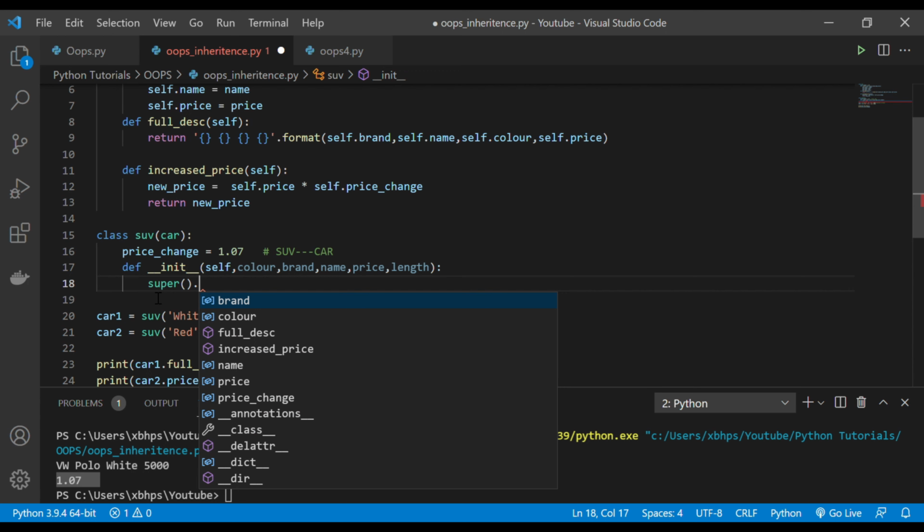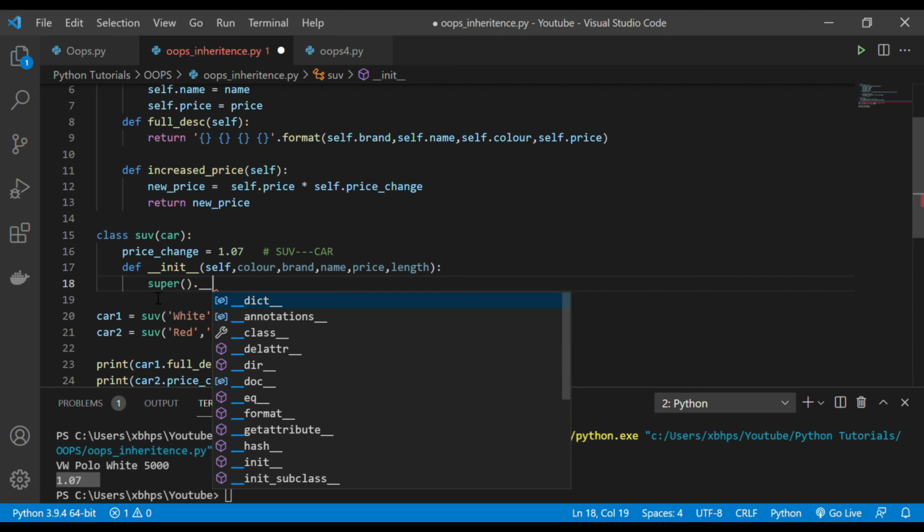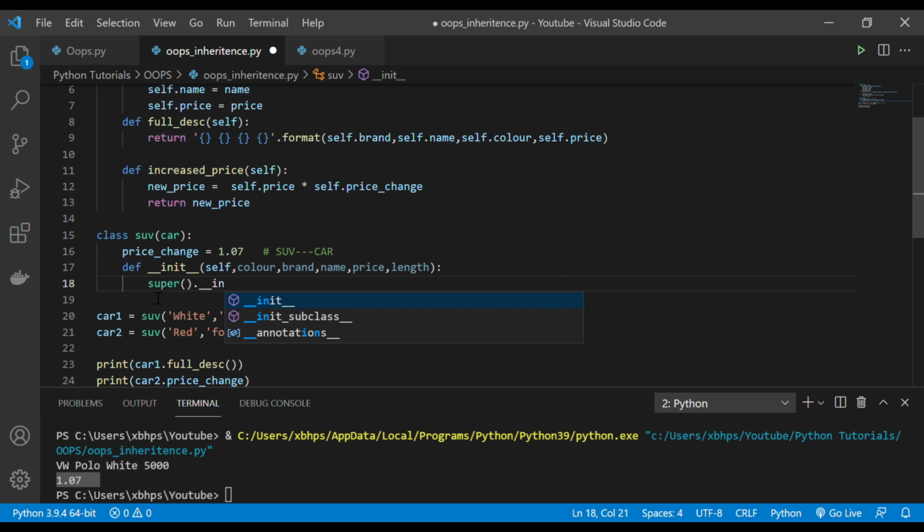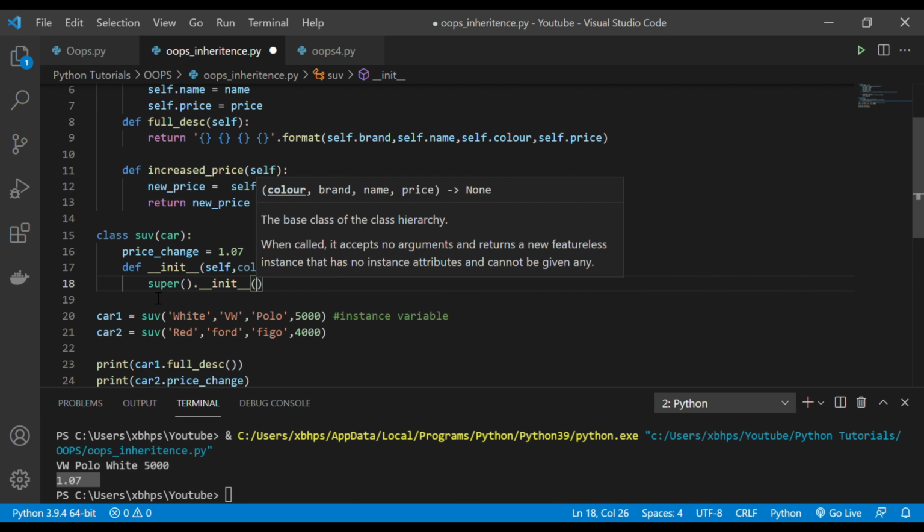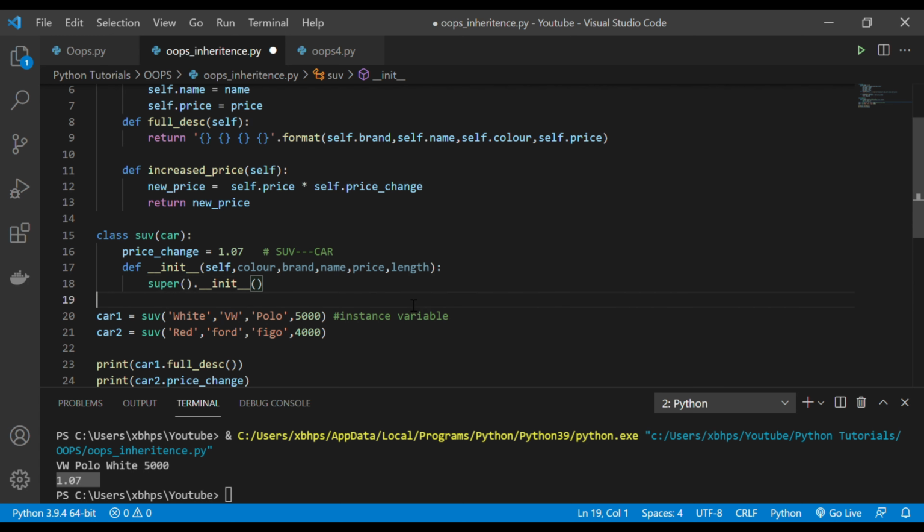Super dot init, and under the init, the parameters we want to take from the other class are all these, till this 4. I don't want to change this. I want this to go as it is.